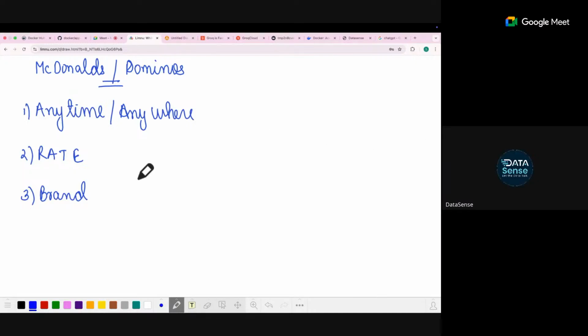The main concept is why we go. See, rate, you will get cheap things here and there as well, right? Anytime, anywhere is also fine, even though McDonald's does not always work 24/7, it closes. But the main thing why we go to McDonald's or Domino's is that the taste is the same everywhere. It does not matter if you are eating a McDonald's in Delhi or in Bombay. Of course, if they introduce some new kind of burgers, they are separate. But take a simple example of McAloo Tikki, the taste remains the same.